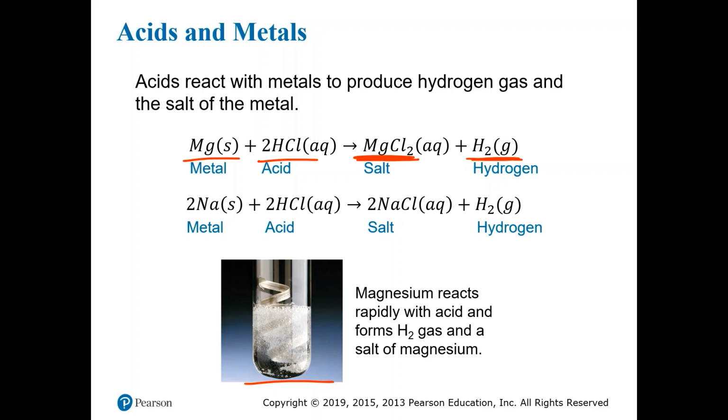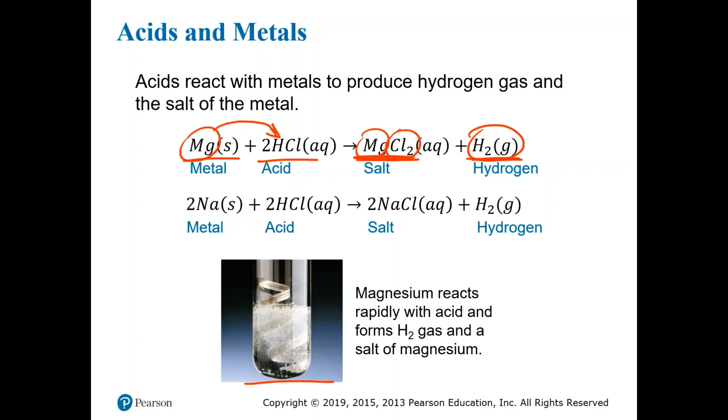What's really going on here is that the metal, which is neutral at the beginning, transfers electrons to the positive hydrogen ions in the acid and allows them to form hydrogen gas. This leaves the metal as a positive ion, which then combines with the negative ions from the acid. This is what makes this a redox reaction. You have a transfer of electrons from the metal to the hydrogen ions, and in fact, it's a single replacement